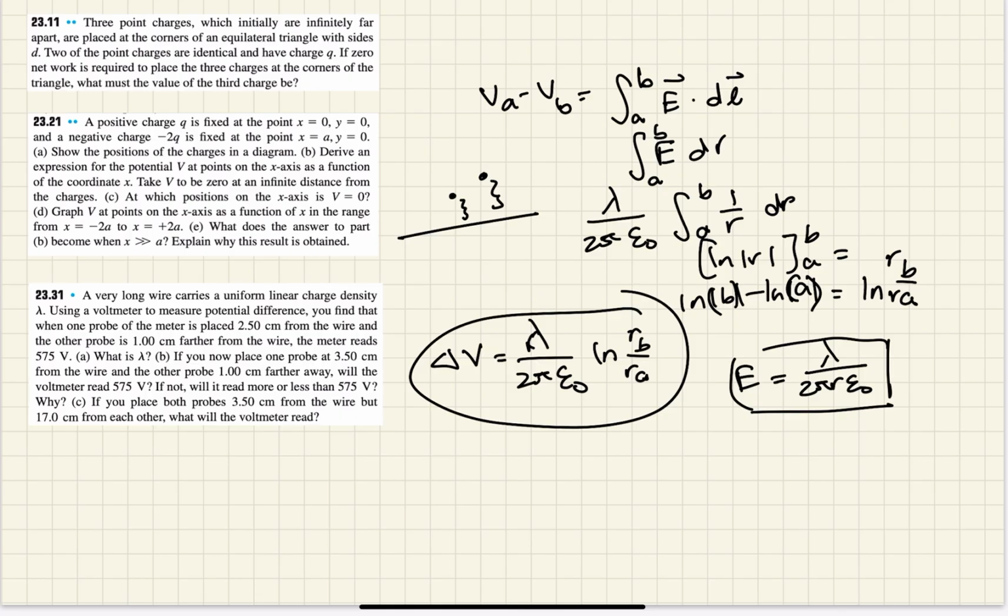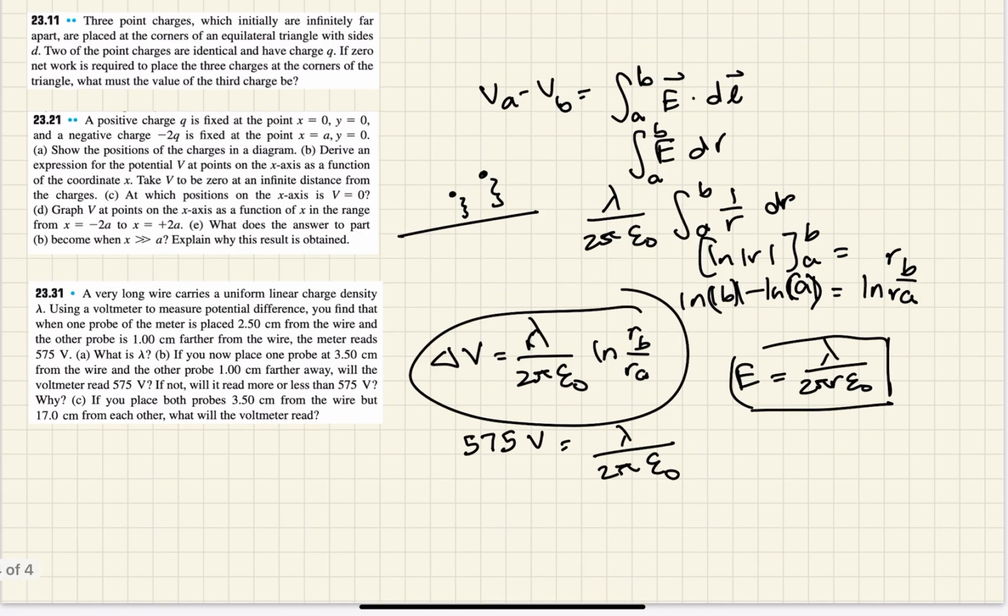You know delta V is 575 volts, which is equal to lambda over 2 pi epsilon naught, we know what all those are. Well, we don't know what lambda is, that's what we're trying to find, times ln of 3.5 centimeters over 2.5. In this case, we don't have to convert to meters because it's a ratio. The centimeters cancel off. And so you just solve for lambda. You're going to get lambda is equal to 9.49 times 10 to the negative 8 coulombs per meter